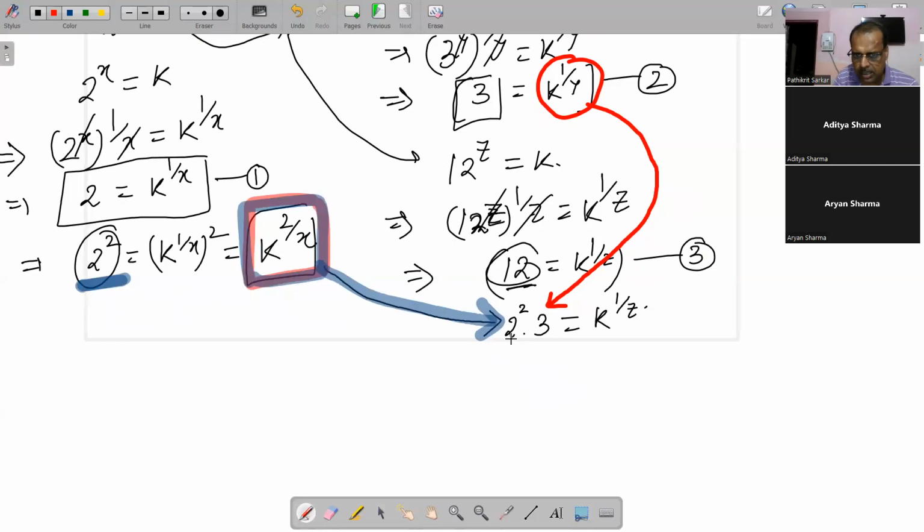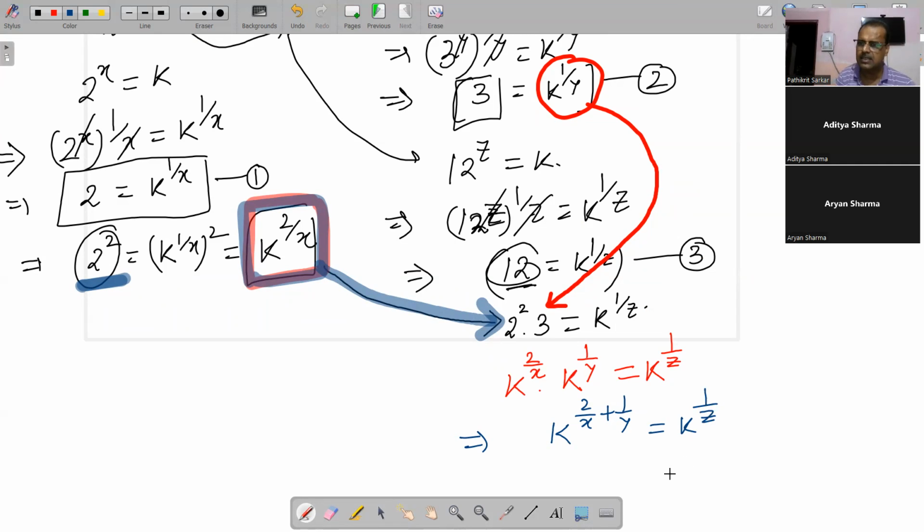So final equation 2 स्क्वायर के जगह में आप लिखो k to the power 2 by x, और 3 के जगह में लिखो k to the power 1 by y, और यहाँ पर जैसे है k to the power 1 by z ऐसे लिख दिया। इसके बाद ये k के ऊपर पूरा का पावर है, so ultimately you can write down k to the power 2 by x plus 1 by y is equal to k to the power 1 by z।